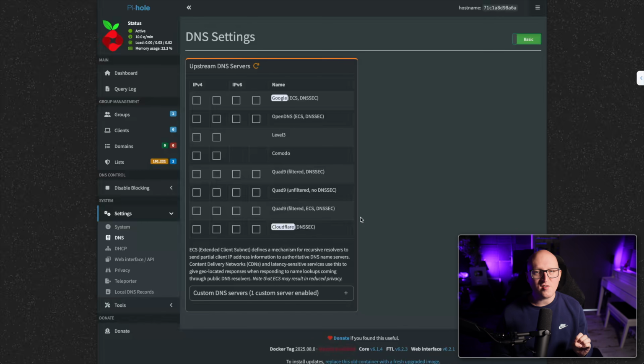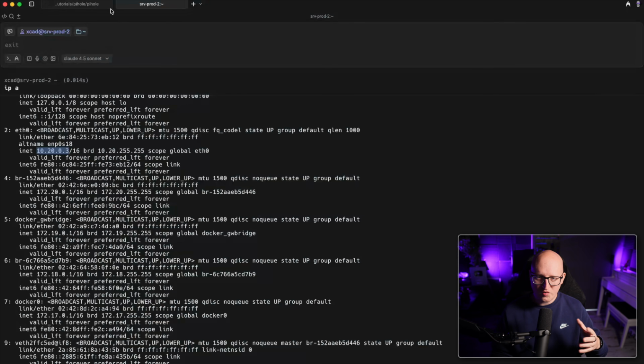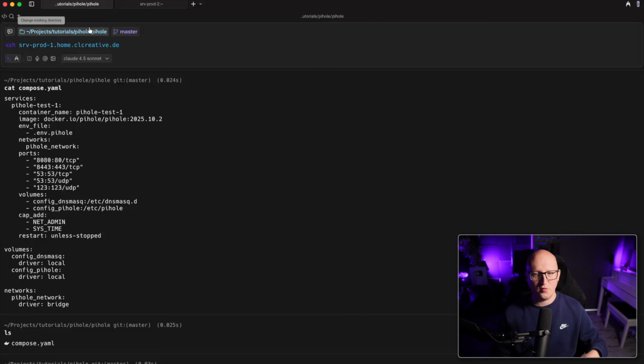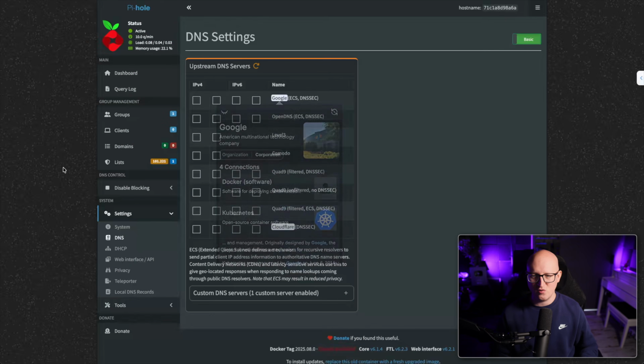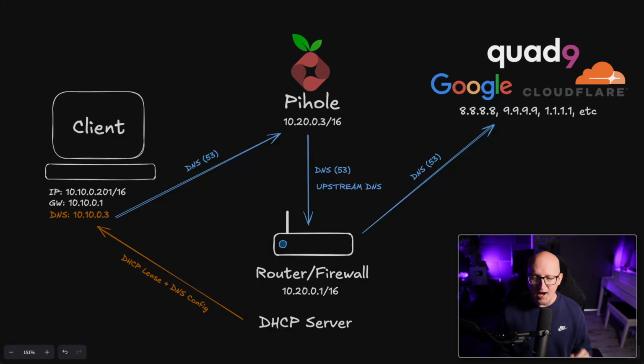Now, you probably noticed that I did not configure this on my production DNS server, and the reason for this is that I still need my other authoritative DNS server, the bind9 server, for the local home lab domain resolution. So that is when I need to connect to some of my servers, like serverprod1.home.ccrave.de, or also my other domains that my servers or services are using. So that's the reason why I configured the upstream DNS server to my OPNsense firewall, and from there it's going to be sent out to the other upstream DNS server. So I kind of have added OPNsense into that